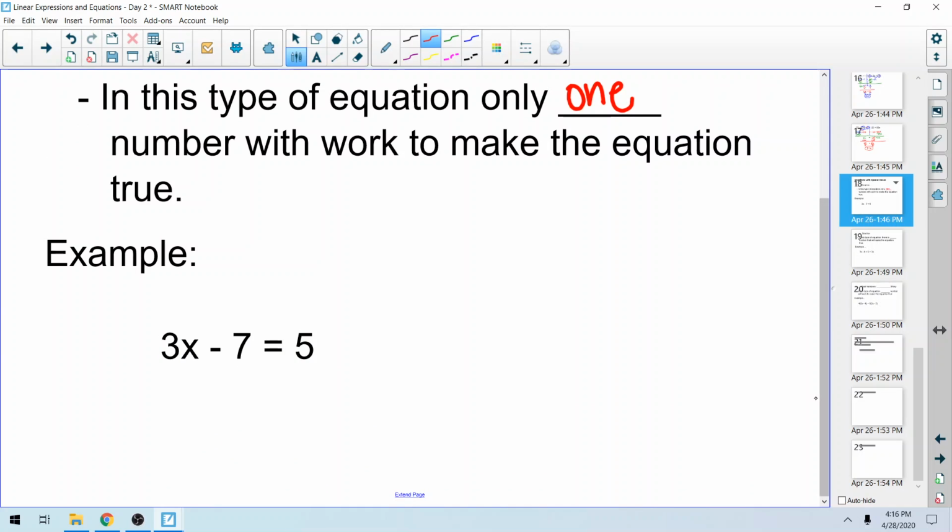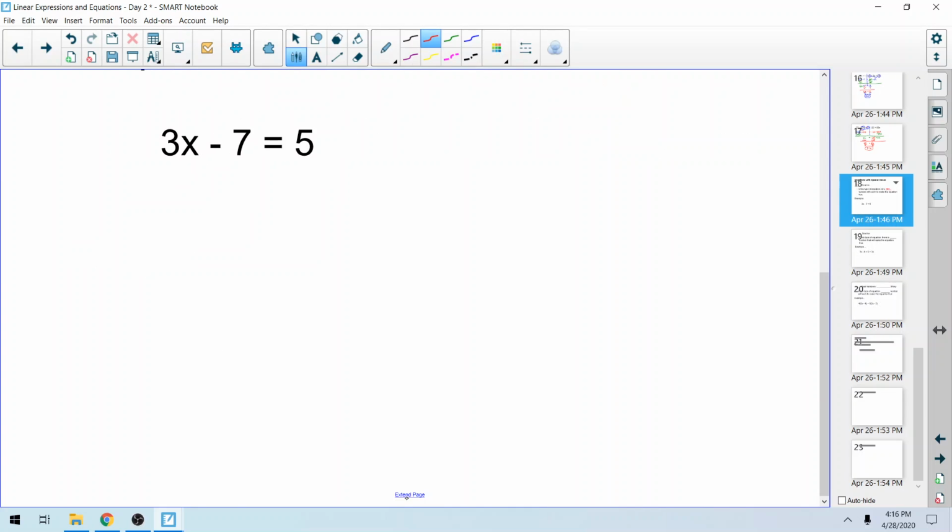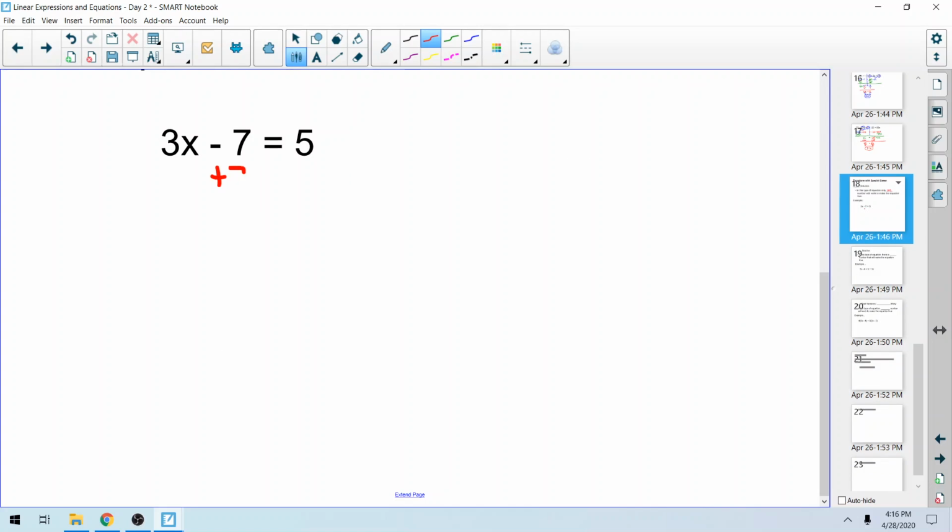So for example, if we have the equation 3x minus 7 equals 5, well, what does x have to be that when I multiply it by 3 and then subtract 7, I get 5? So we would solve this, and the first thing we would do is add 7. 7's cancel. 3x equals 12. And then divide by 3. So x